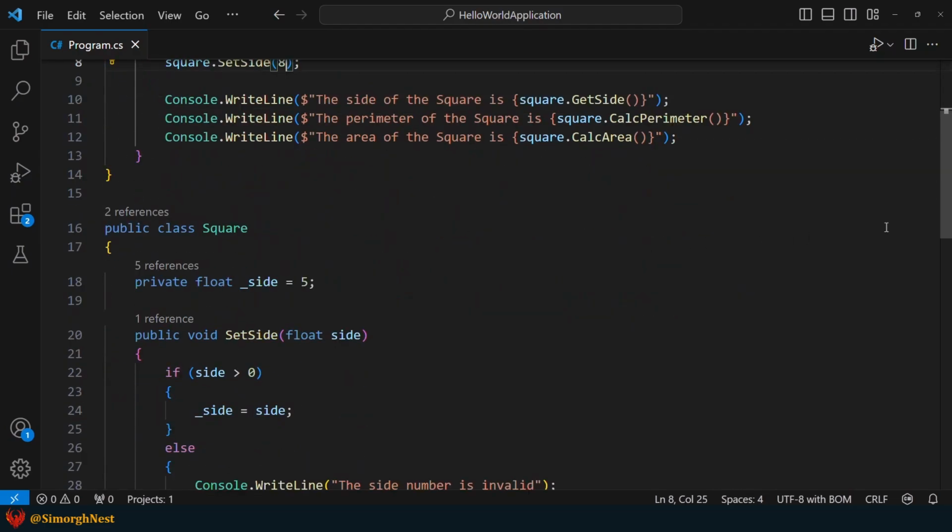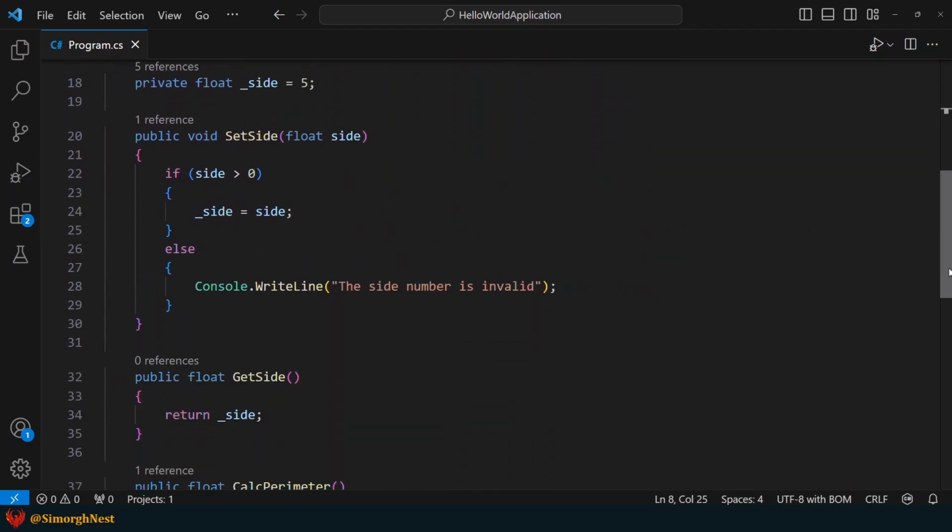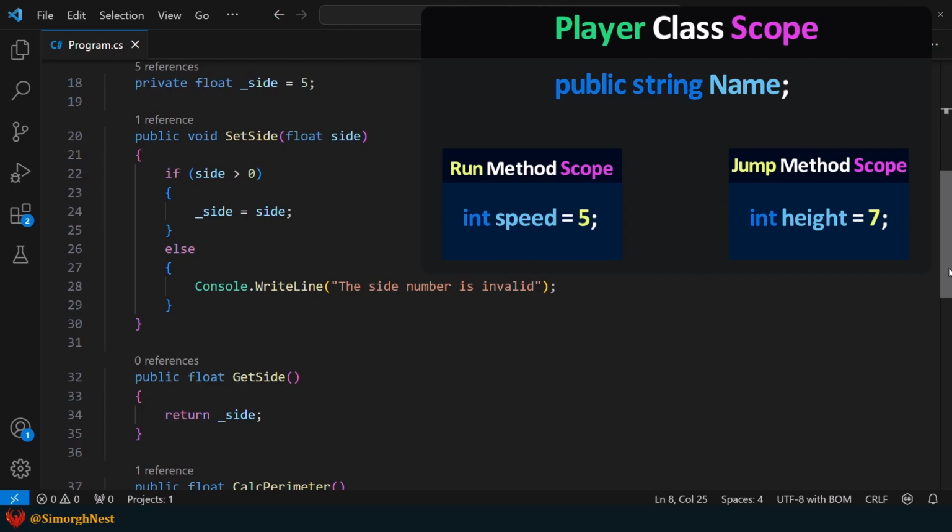It's important to note that the recommended way of accessing fields from outside the class is through properties, which we'll discuss in upcoming lectures. Alright, in summary, fields are class-level variables that are used to store data and can be accessed from anywhere within the class. They can also be accessed from outside the class, but it is considered best practice to declare them with private and protected access modifiers and use properties for accessing them. We can also initialize their value during class declaration and override their value with the desired value.